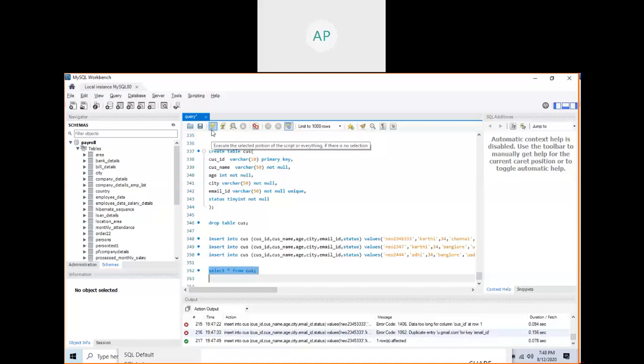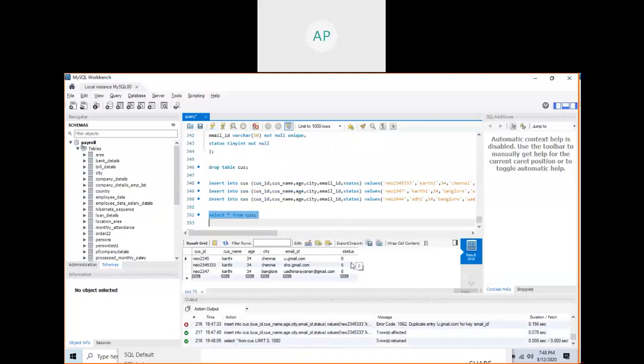See, now you know how to create a table, how to drop the table, how to insert a record, select a single record, select multiple records, delete a record, update a record. So you know all that. And choose which column can be the primary key, which column should be unique, which column should not be null, and which column should be not null and unique. You learned all those things.